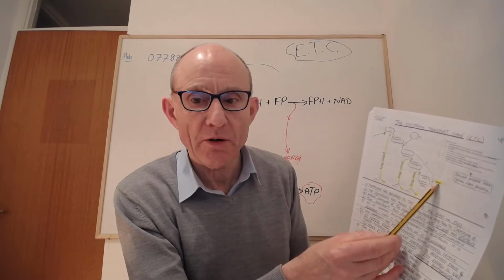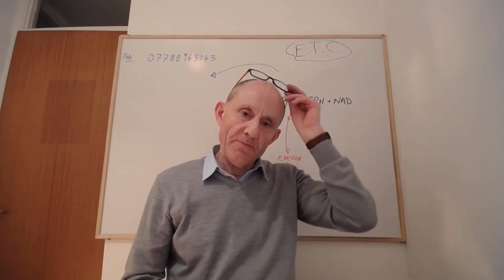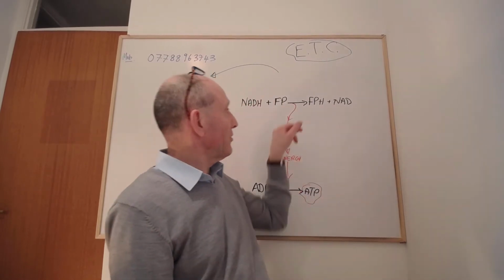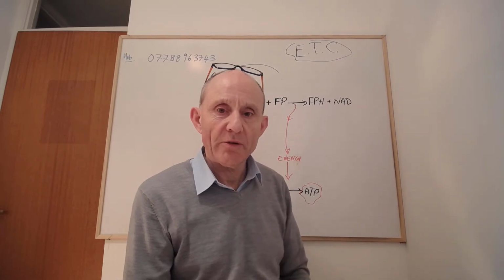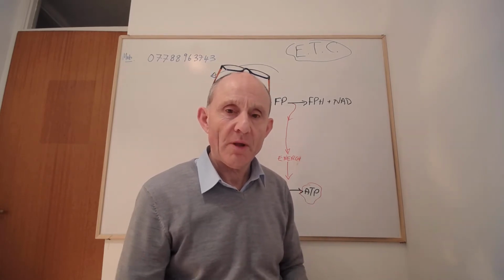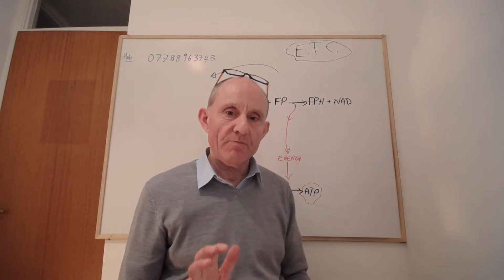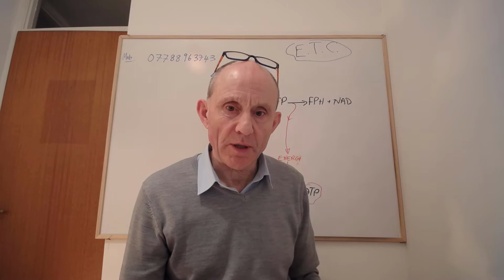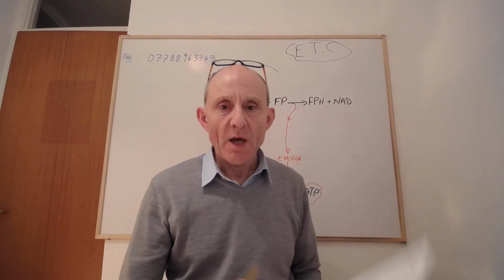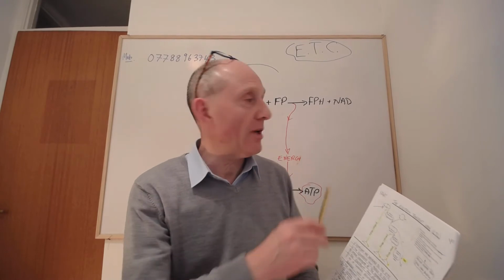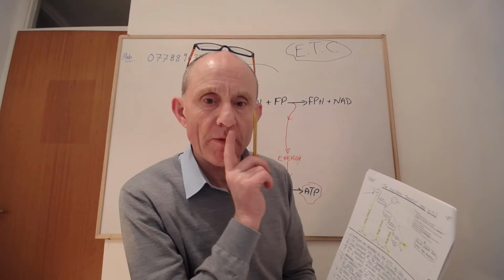And I've highlighted oxygen here. So really, the electron transport chain is just a series of steps along which hydrogen is passed, and those steps involve the release of energy. But it's just a wee bit more complicated than that. And usually at this stage, students are getting confused, or getting fed up with this. And so I say to them this: